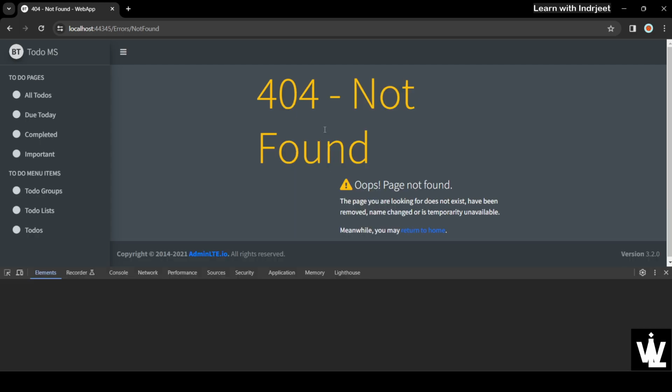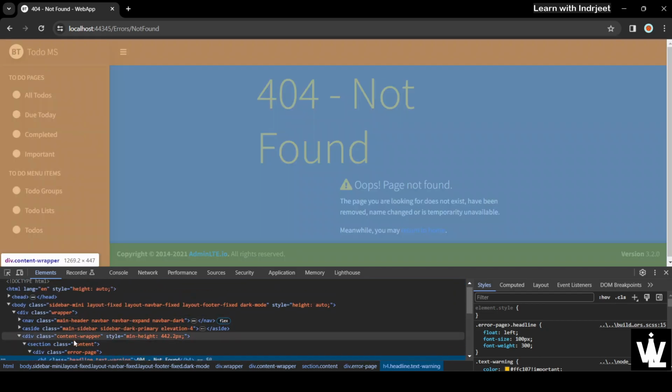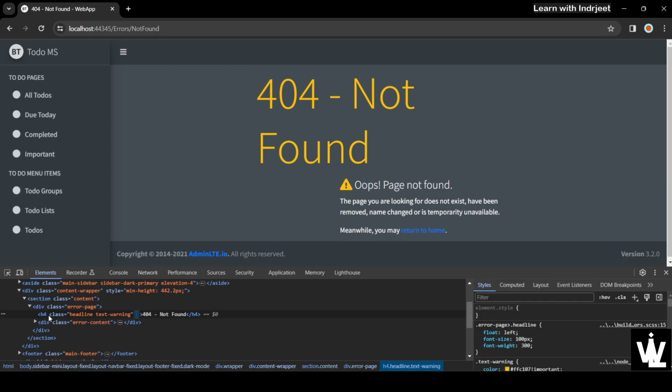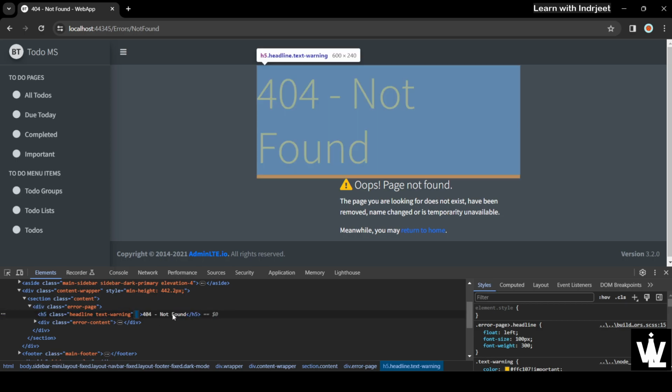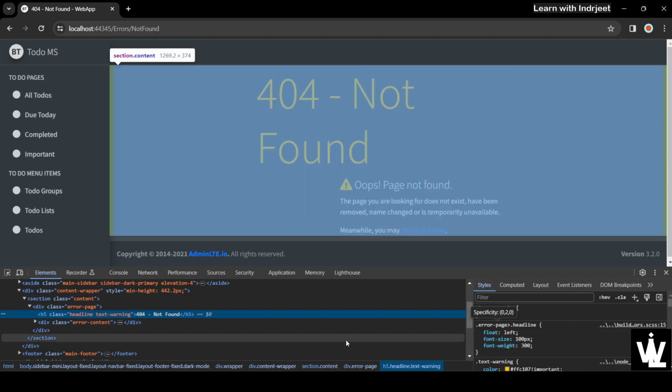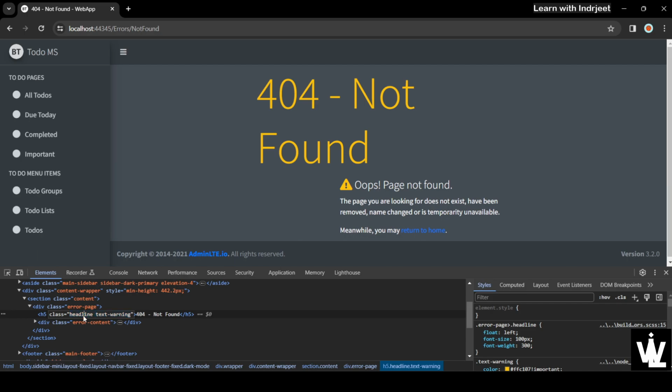This is now what? This is h4, but still it is bigger, so let's convert it to a h5. Let's see what happens. No, the h4 or h5 is not having an effect on that because the font weight is 300 on the error page headline. Okay, so let's remove this headline